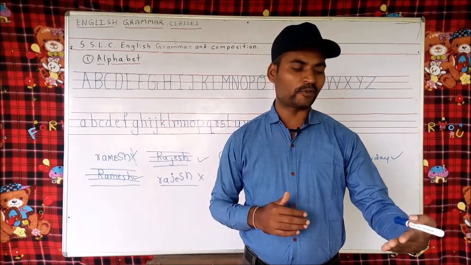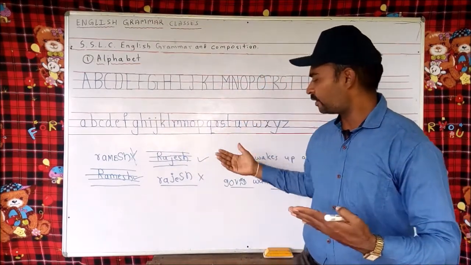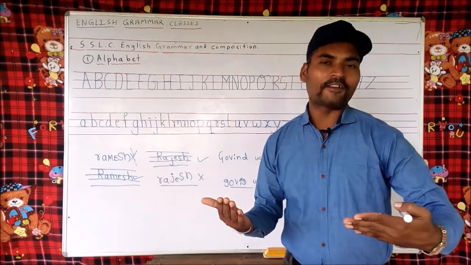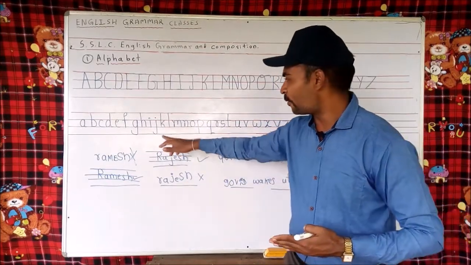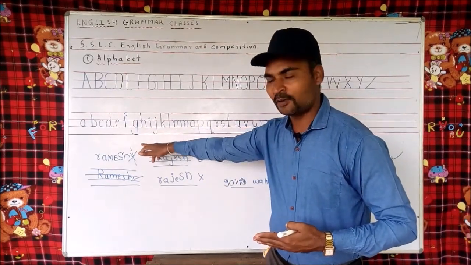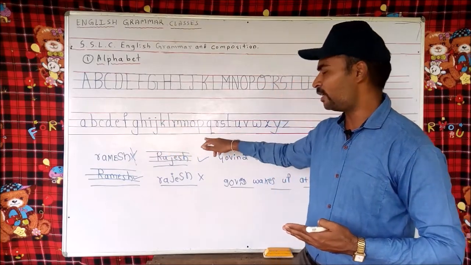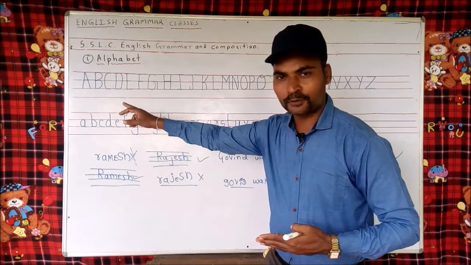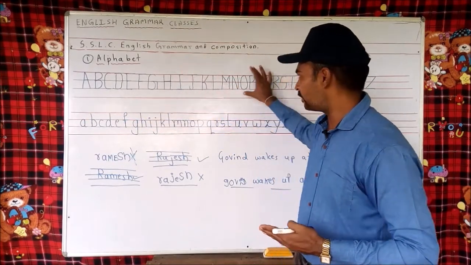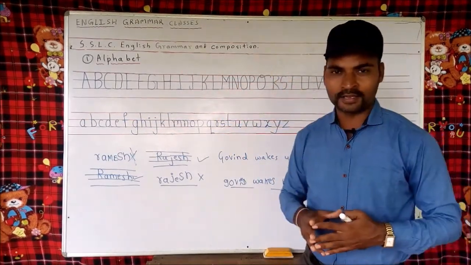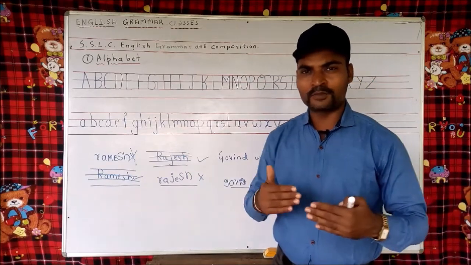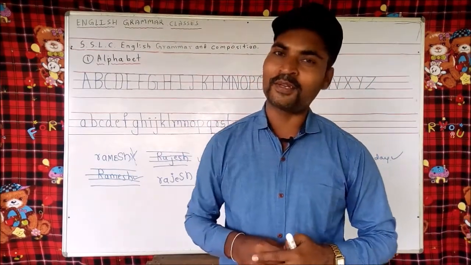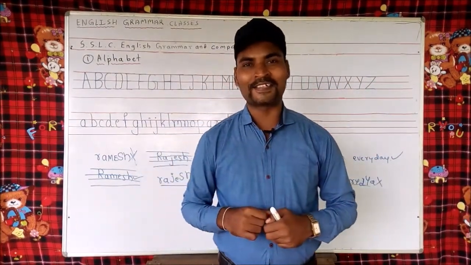Then compare with this systematic writing. Whatever you have written, keep one side and see wherever you have gone wrong. Whether you have written G downstroke, J downstroke, P downstroke, Q downstroke, or F upstroke, D upstroke, or whether all the capital letters have come in the upper three lines. You can observe, you can correct yourself, and you can become a good English writer.